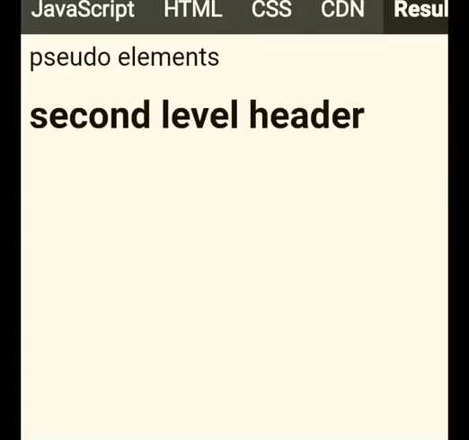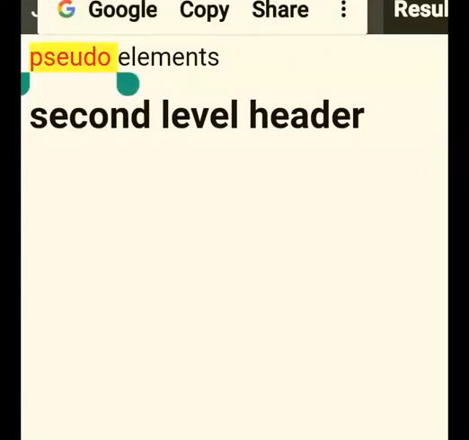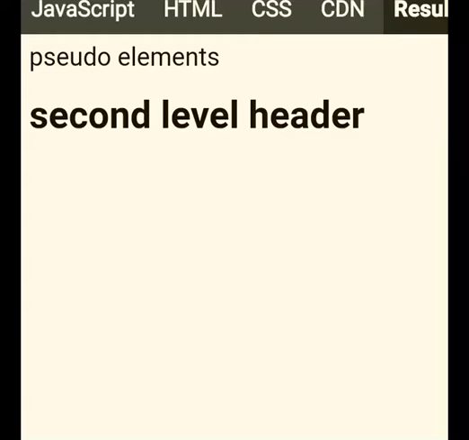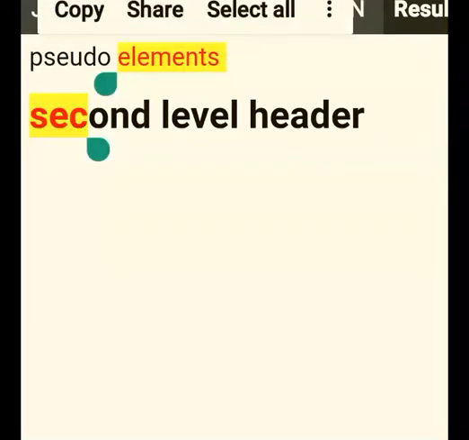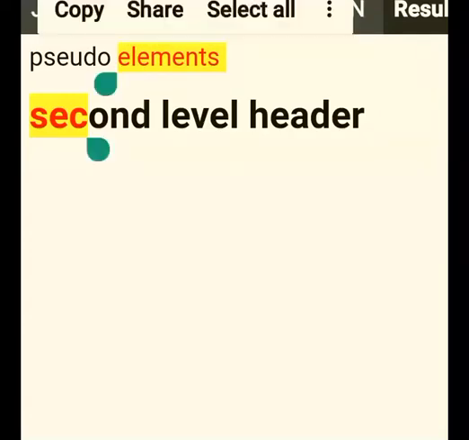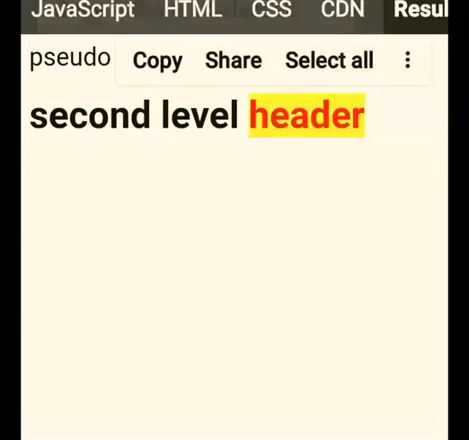Go over to your result. Okay, so let's say I selected my P element, one word. As you can see, yellow background, red color. Let's say I select the whole. That's difficult. Let's start from here. Because I'm using a mobile, it may be a bit difficult. So let's say I drag it over to the next line, so even that gets affected. It could be a letter or whatever you select. It's a bit difficult on mobile. It's easier with your desktop.